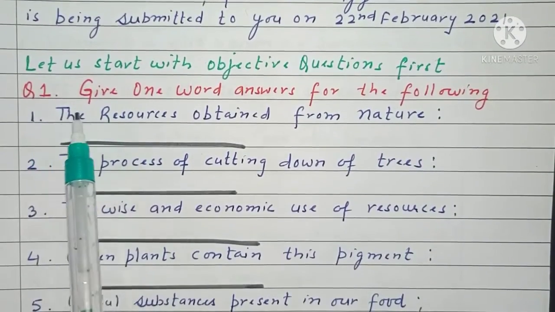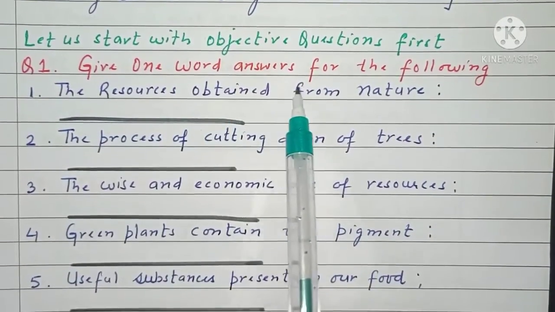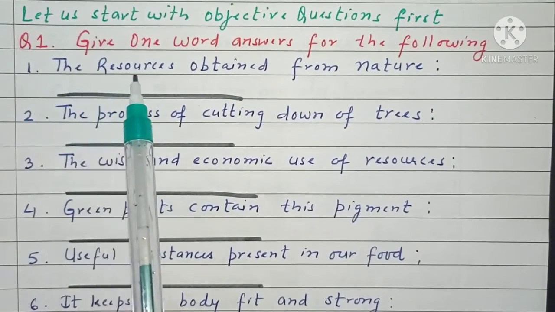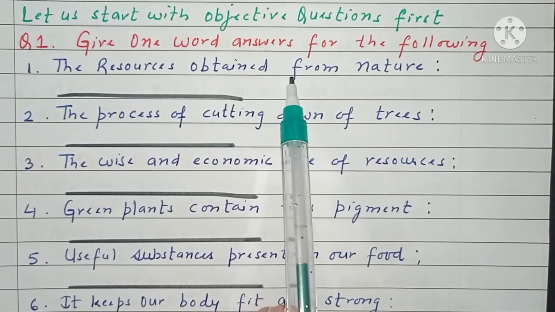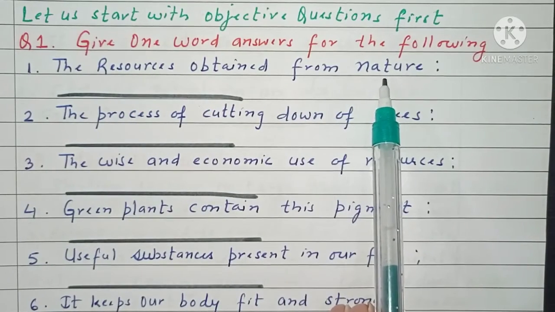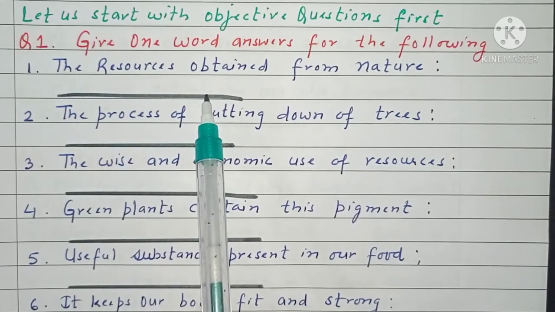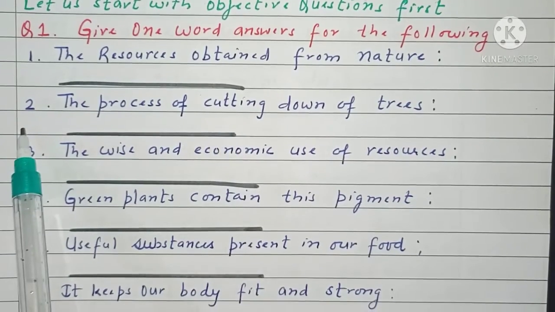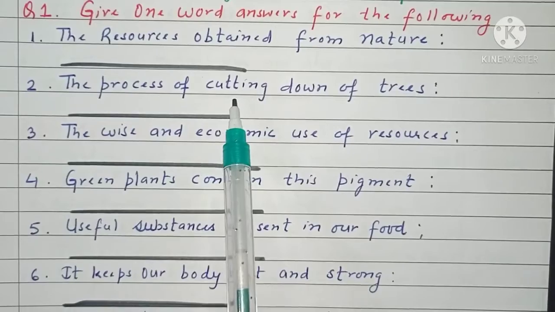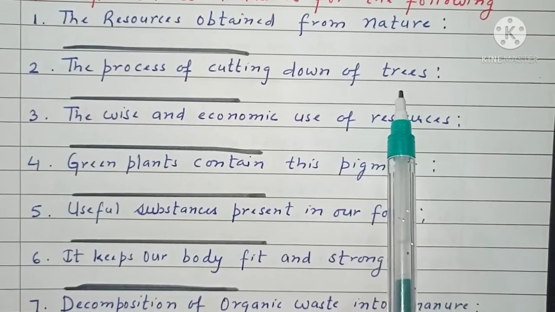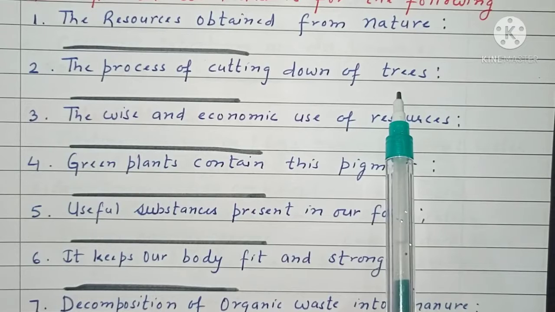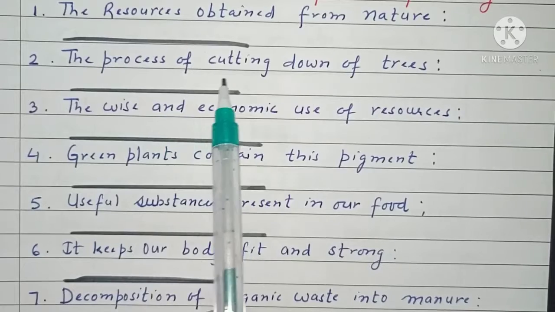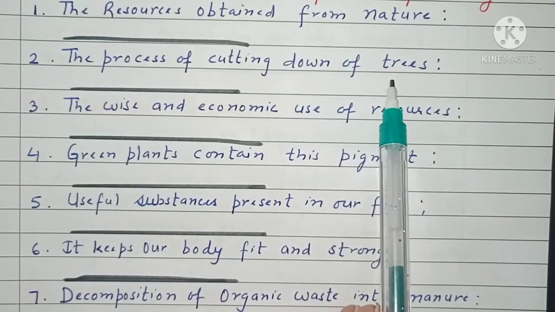Question number 1 is give one word answers for the following. Number 1, what do we call the resources which are obtained from nature? Yes, they are the natural resources which are also known as earth resources. Number 2, the process of cutting down of trees. There are two processes. One is afforestation and one is deforestation. So, what do we call the process of cutting down of trees? It is